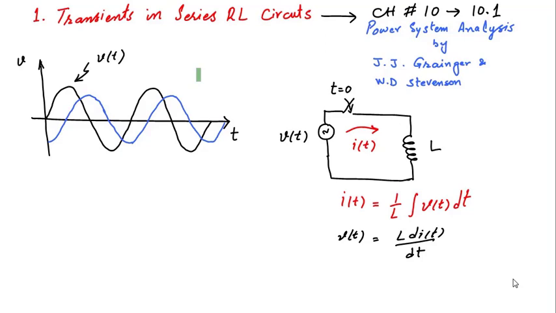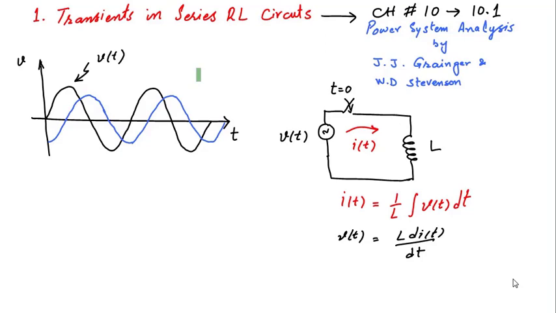But problem is here, answer one question. Is it possible that at time t is equal to 0, when we have closed the switch, the voltage was 0, means no voltage across the inductor, and current is at its negative peak? We have maximum peak value of current, although in opposite direction. Is it possible? It means there is something wrong. So here we want to clear this concept. What happens when a switch is closed to the inductor?